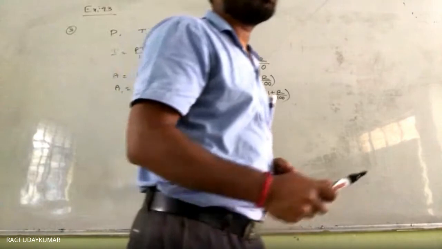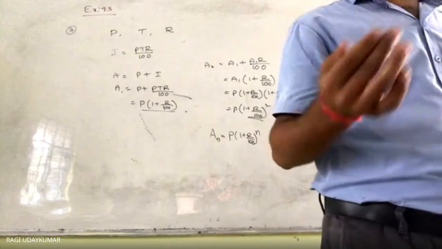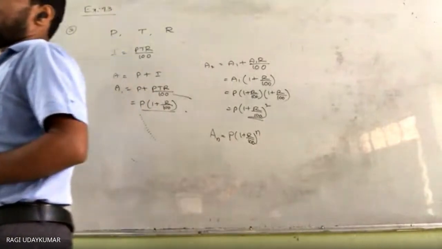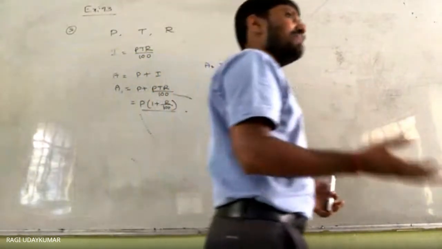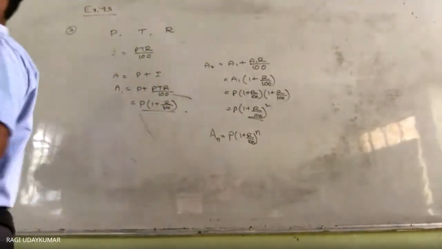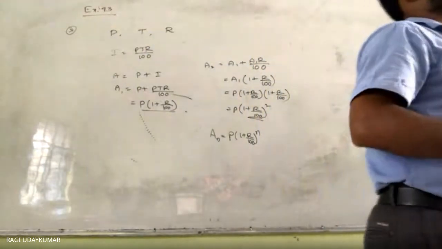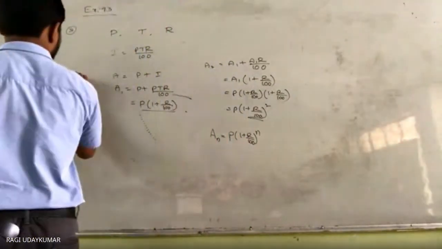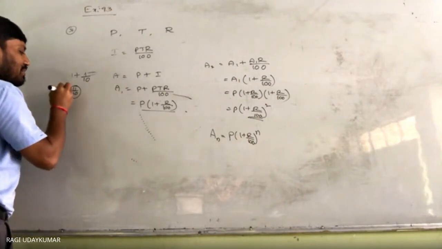What is the principal amount here? It is given: what will 500 rupees amount to in 10 years after depositing in a bank which pays an annual interest of 10 percent compound interest? You can directly substitute in the formula, but we are getting that formula with the help of the geometric progression, in which the first term A becomes 500 rupees. What is the common ratio? 1 plus 10 by 100, which is 1 plus 1 by 10, which is nothing but 11 by 10. So 11 by 10 becomes the common ratio.